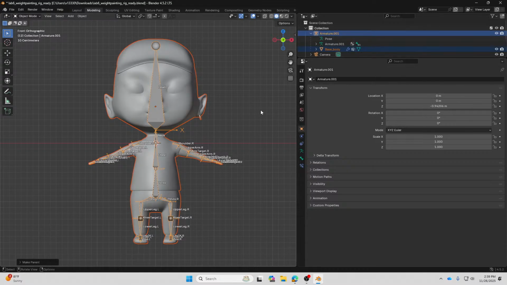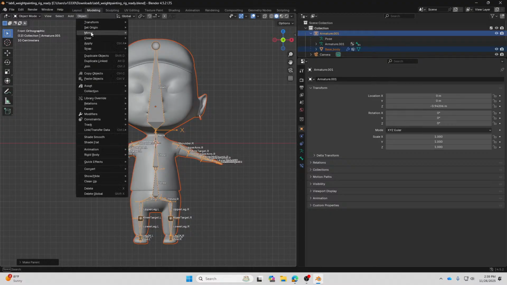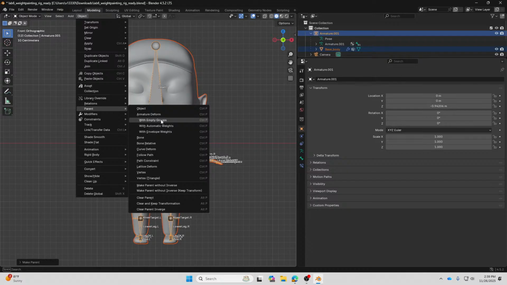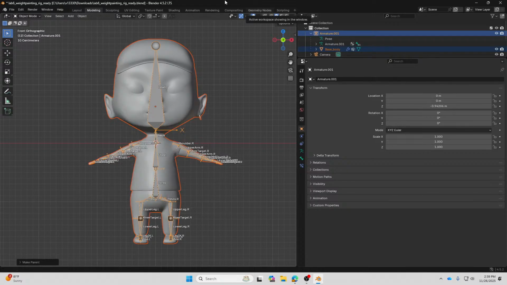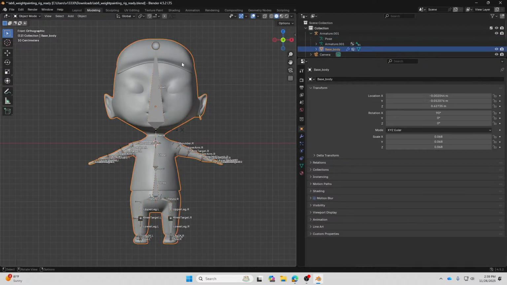Control P, Object, or Armature Deform With Empty Groups. Okay. Once you're done with it, the base body is a child of the armature. Alright, and if you go into the base body, you click on the base body now.